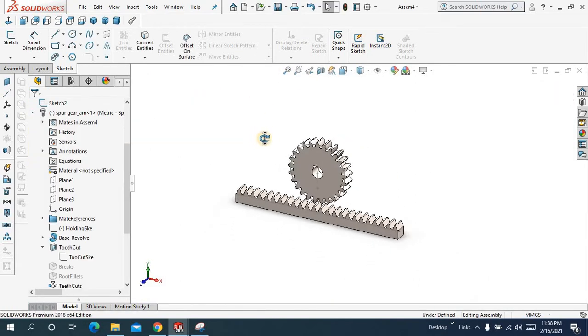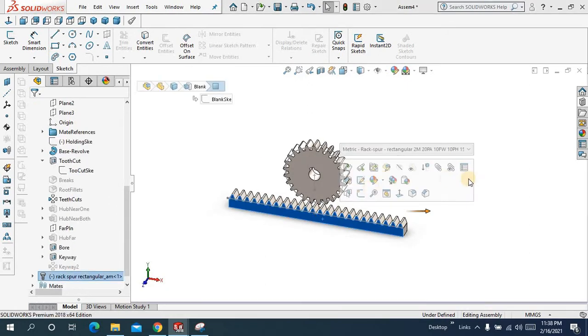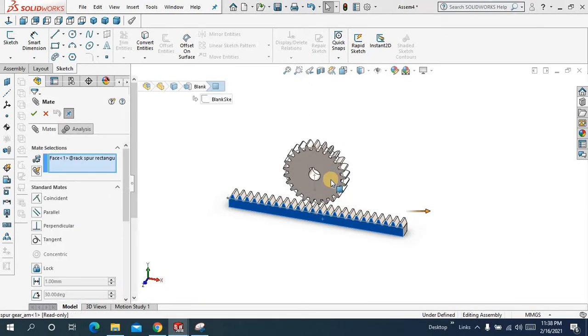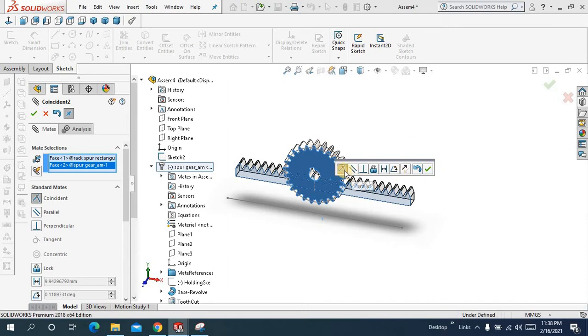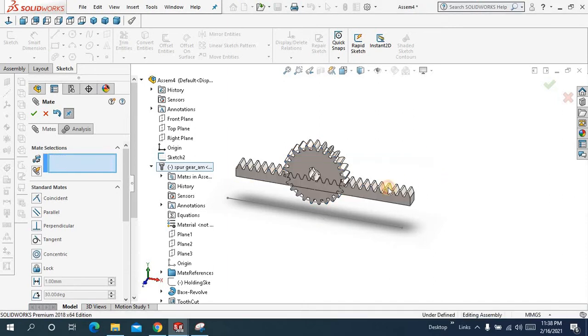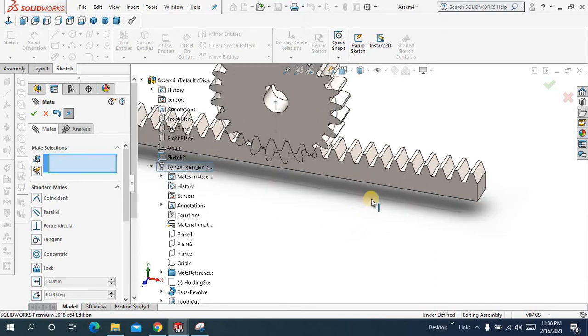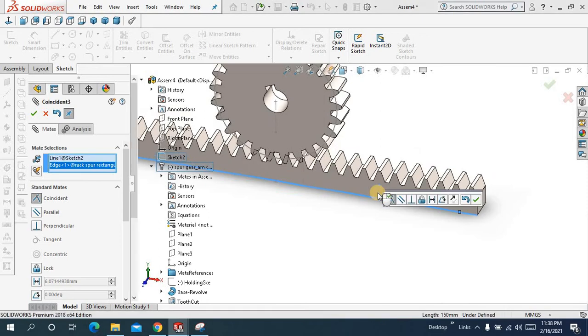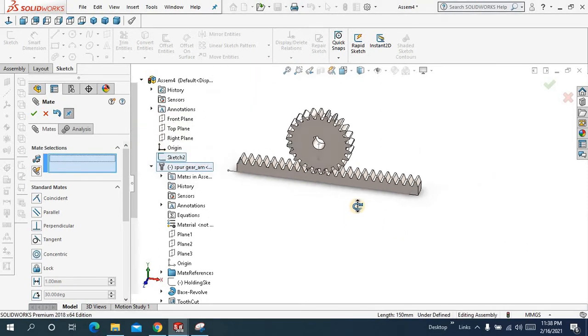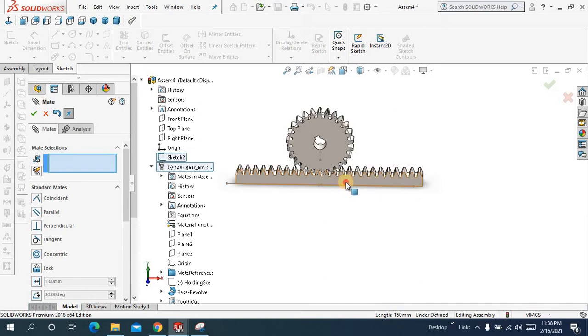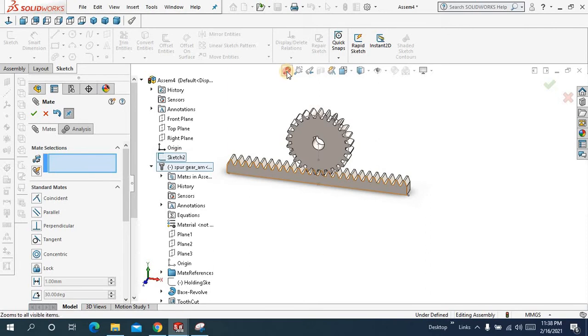Cancel it, and we'll make a mate, and between this face and this face, make a coincident mate. Okay, let me drag it down like this, and let me make another mate, and between this line and this edge, make a coincident mate. Okay, and let me drag it like this. See,